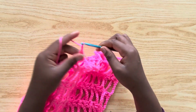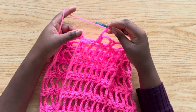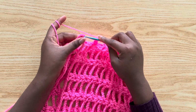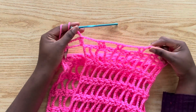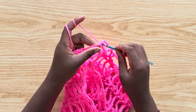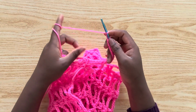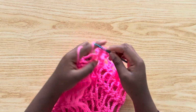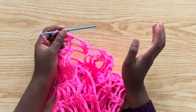So we keep going. Okay, so we are at the end, and good for us, we have just 2 rows here, and the previous one we skipped just 1, so the next one is 2. So we're going to do a slip stitch here like this, and then you do your 3 chains again, and then you start your next row. So we are starting our next row right now, which is double crochet and 5 chains, or chain 5, whichever one you like, or whichever one you call it. Then double crochet stitch, chain 1, double crochet stitch, and repeat till you get to the end, which is this place. Then you slip stitch again, and the same thing, and then you make the 28